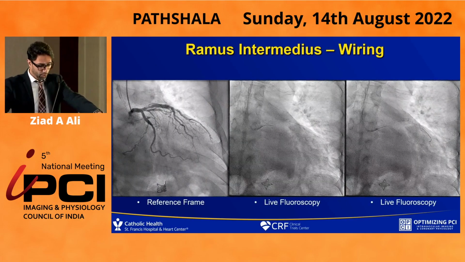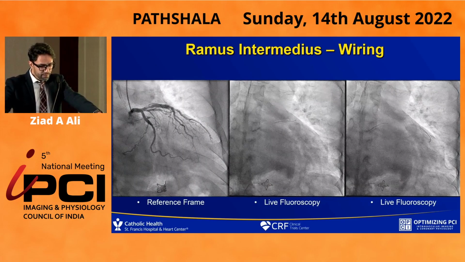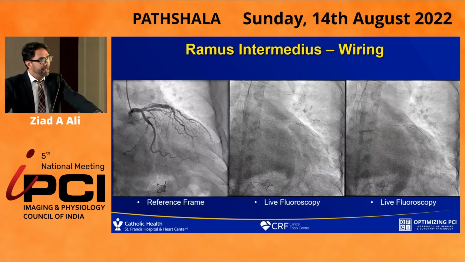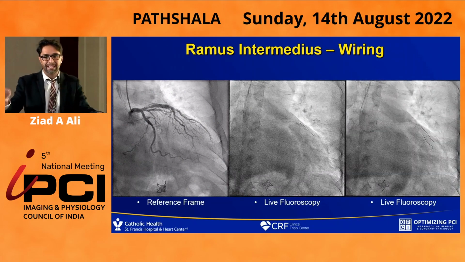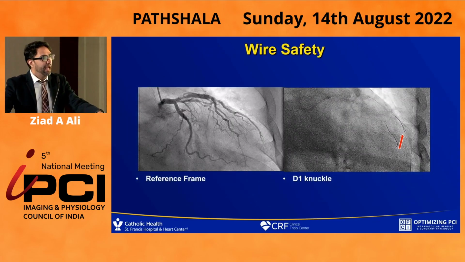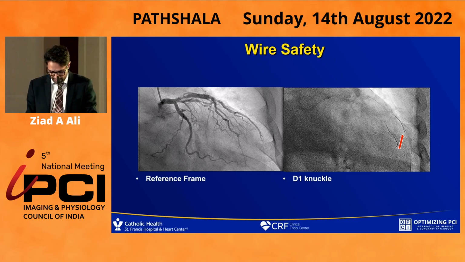So once you have your reference frame, you don't move the table. You perform live fluoroscopy, and what you try to do is use exaggerated curves on the wire, so when the wire enters the arteries, you have wire safety. And you'll see that in most of my ultra-low or zero contrast cases, I'm trying to create a loop on purpose very early because it's very difficult to push that out of the end of the coronary artery, and it's much safer. Once we've got wired, we don't move the table.